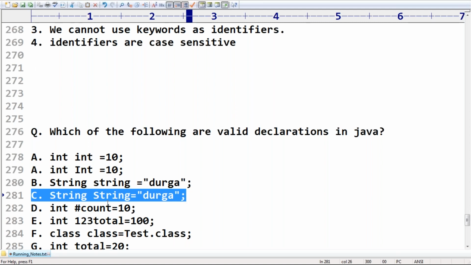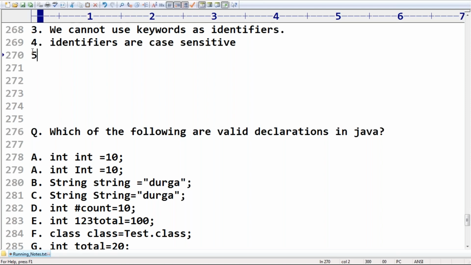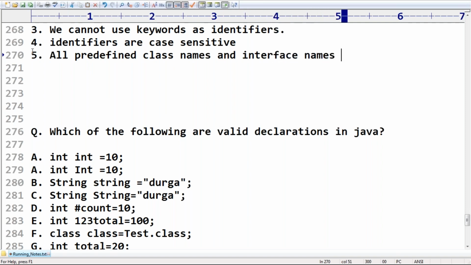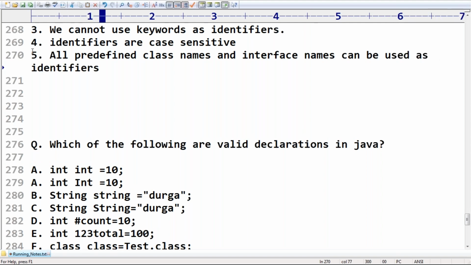Here String is a predefined class name. Remember this, String is a predefined class name. So all predefined class names and interface names you can happily use as identifiers.